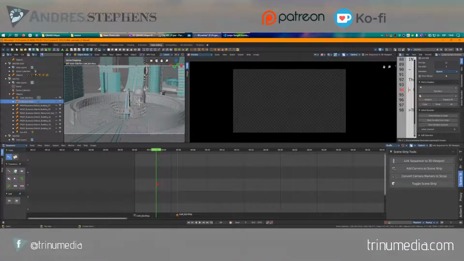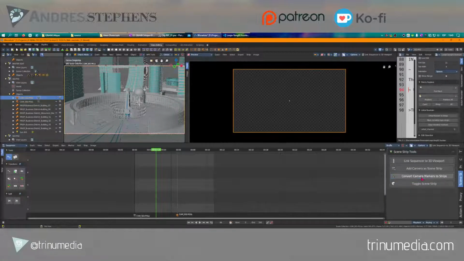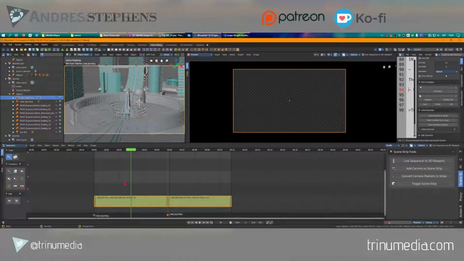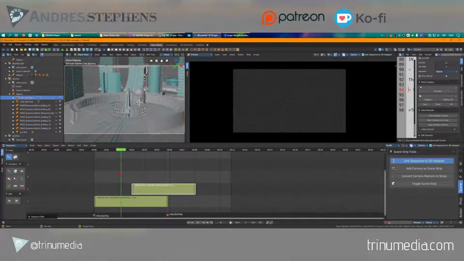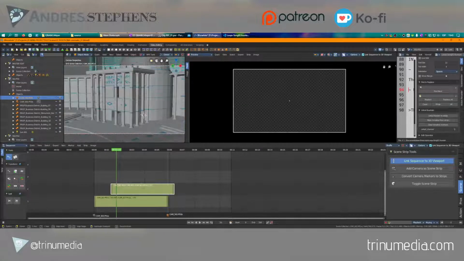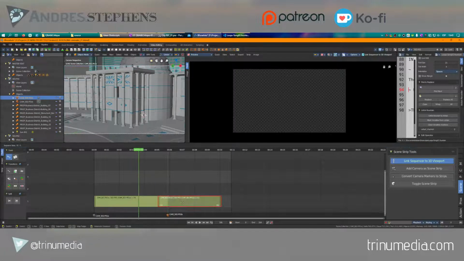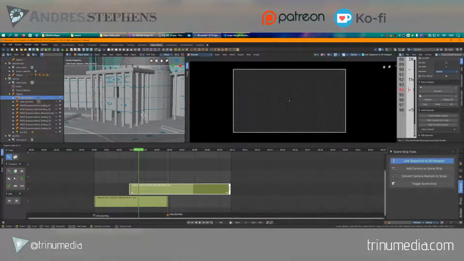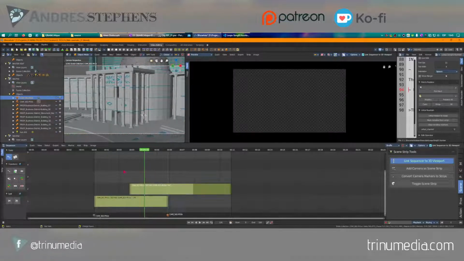So I can toggle the scene strip and go back, and I'll have an option of linking the sequencer to the 3D viewport if I use the scene strip tools. So in this case, I can convert camera markers to strips, and this will create two new strips where I can turn on the sequence to the 3D viewport. And now I can use this system to kind of shift and move around the cameras however I want to, retime it a little bit as if they were strips instead of markers. This only works, and then I can go back, like for example if I want the second shot to be longer, I can go back,